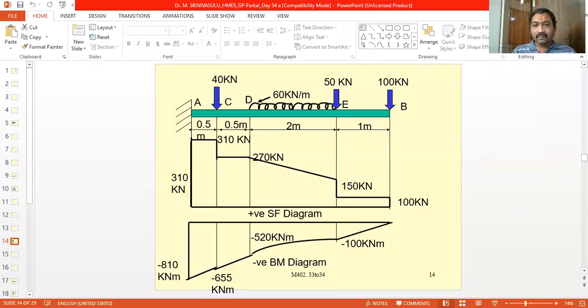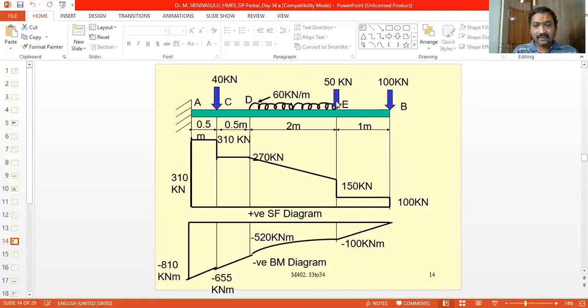Now the bending moment at point D. So at point D, we have three forces: the 2 point loads and one UDL. First we take the bending moment of the first point load, 100 kN, acting at a distance of 3 meters from point D. So this is 100 into 3, and it is also causing a clockwise moment to the right side, so negative, so minus 100 into 3, this is minus 300.